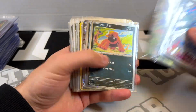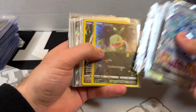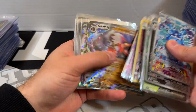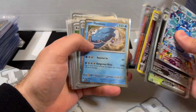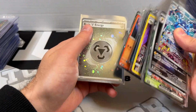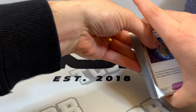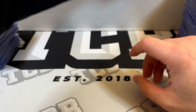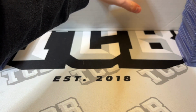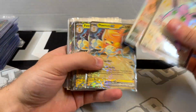But Palafin, Bellibolt, I mean, you name it. Everything is in here. VMAXs, Vs, promos, anything and everything that was in the last 5 years of products, I want to say, is probably going to be in this collection, which is just absolutely absurd how much stuff is here. But this is something that I'll just take my time with. I wish I could get everything done at once, but it's definitely something I want to take my time with